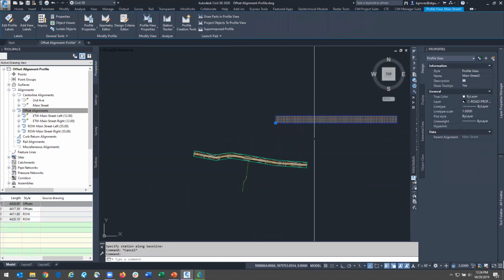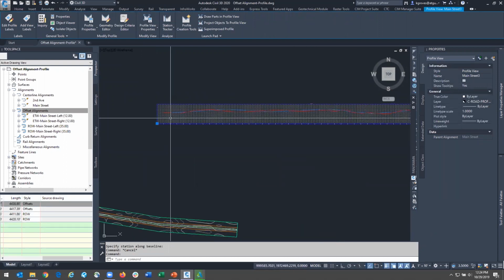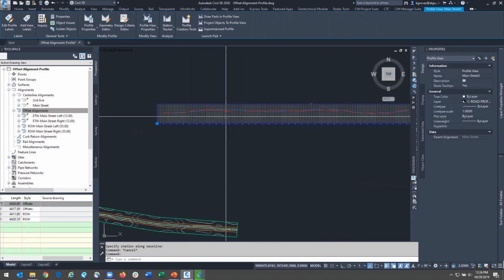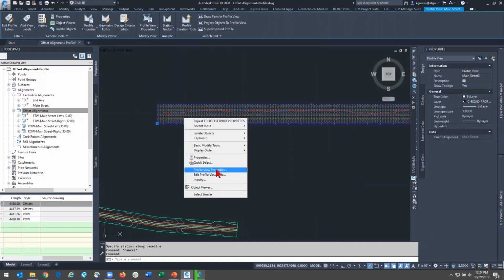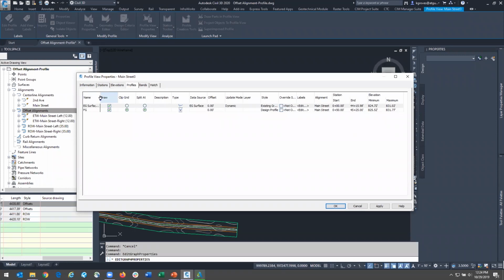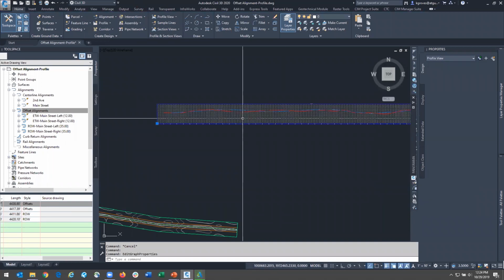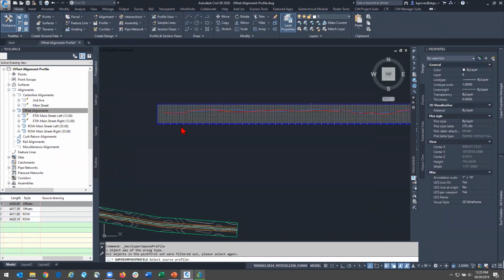Unfortunately, displaying these offset profiles in profile view can get a little bit tricky since they weren't created at the same time as the layout profile or the surface profile was. We can go check our profile view properties, and under the profiles, we can see that the offsets aren't showing up in here. So you are tempted to go ahead and just run that as a superimposed profile to get it put in there. So if I select my,